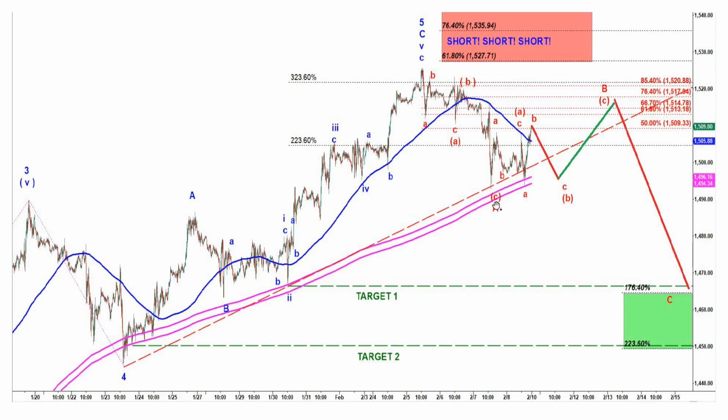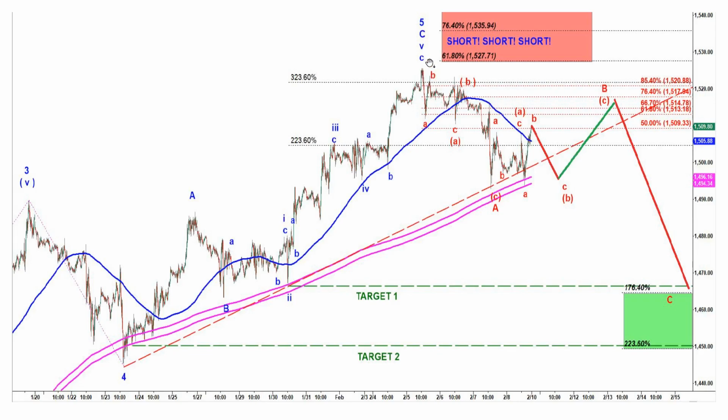From here we should get ABC of wave B up. That ABC was A, then A, B, C, so we can get another drop by open on Monday, and that would be subwave C of parenthesis B, and then another rally which may target somewhere here, retracing 61.8, 66.7, 76.4, or even 85.4% of that whole decline. We get another ugly wave B up. Waves B are famous for having an ugly structure, being hardly predictable.